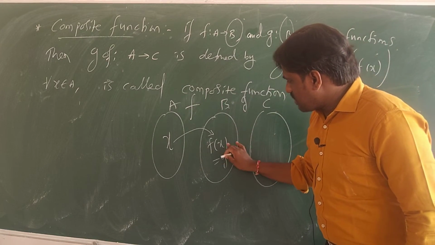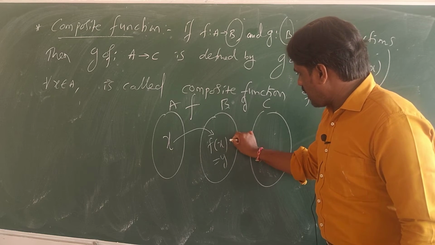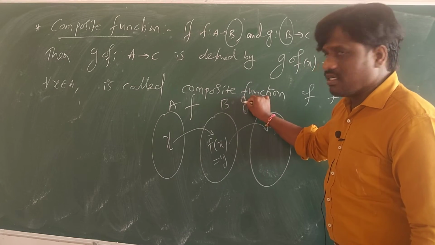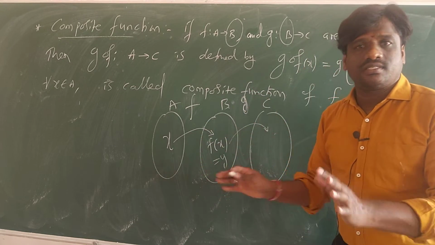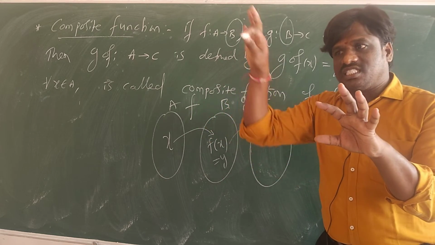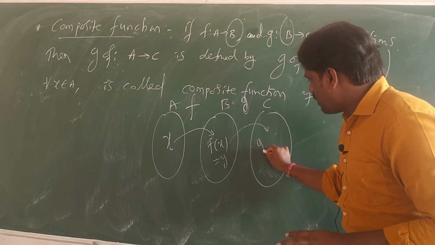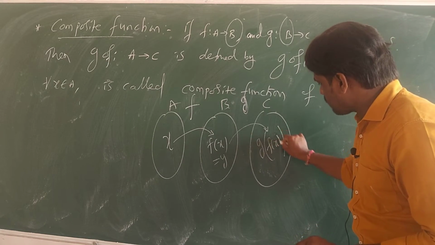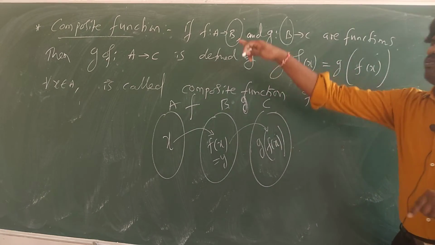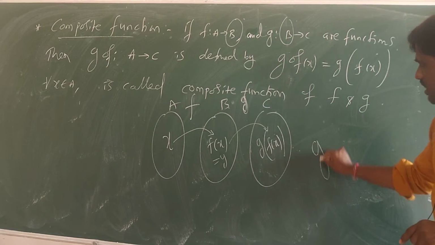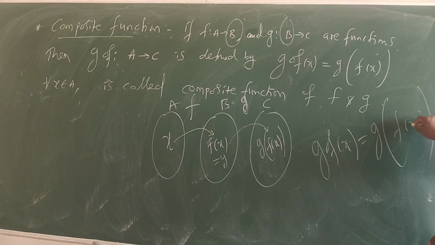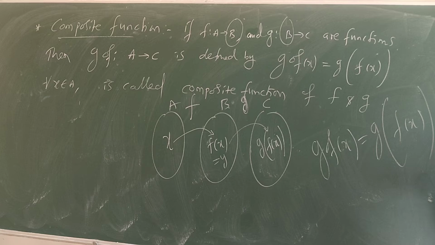So if this is f of x and there is an image here, and I want to see the image of this, then what is this function? G. The element is what? F of x. F of x is the element, G is the function. So what can I write here? G of element is the image. So g of f of x, and such a function is called a composite function. So g circle f of x is broken into the parts g of f of x. Understood? This is what we call a composite function.